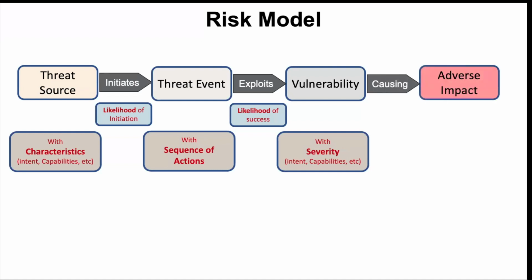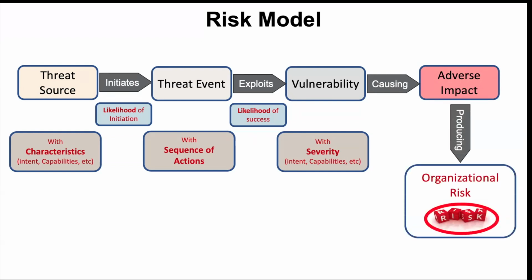And what would it cause? Adverse impact. What's the impact? Well, one, my wife was pretty nervous because most spouses don't feel comfortable when somebody has invaded your privacy. And what did that produce in our house? Risk. So now we're thinking, do we need to build a fence around our side yard to reduce the likelihood of a threat source creating a threat event that will exploit a vulnerability?